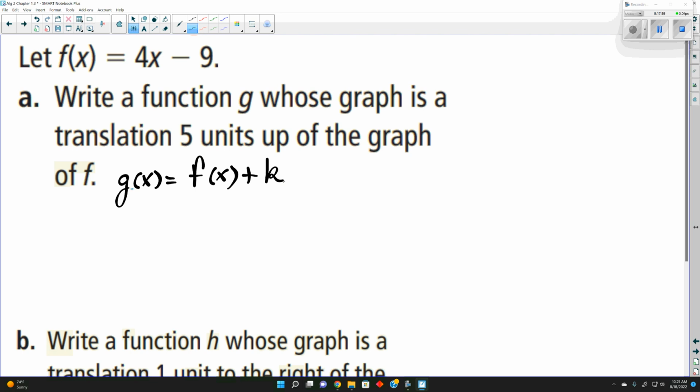So this here, we're moving up and down. So when we talk about vertical translation, up and down, this is the general form we're going to use. And it's going to be helpful to go back to these here so that we remember how it's going to be applied. Now for us, it's moving 5 units. So the value of k is 5, and it is positive 5 because we're going up. And since we still just have f of x, we can just replace it with its function. And the function for this here is